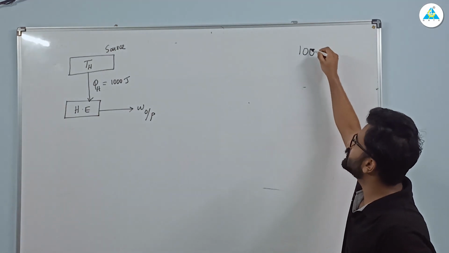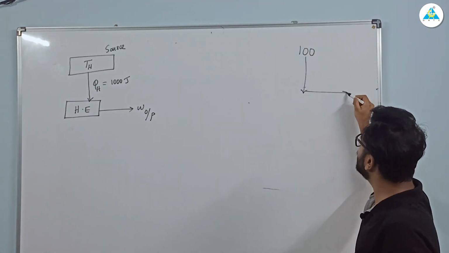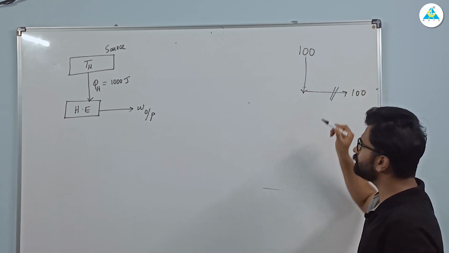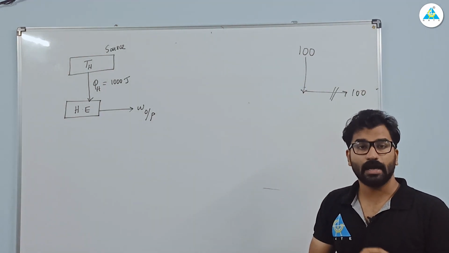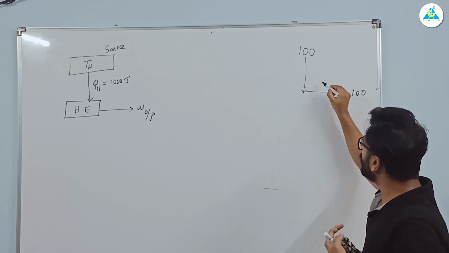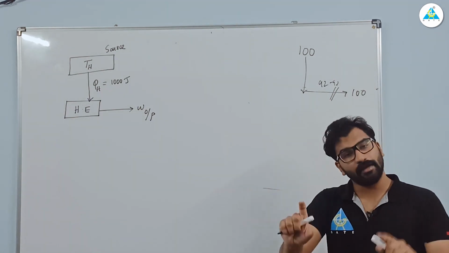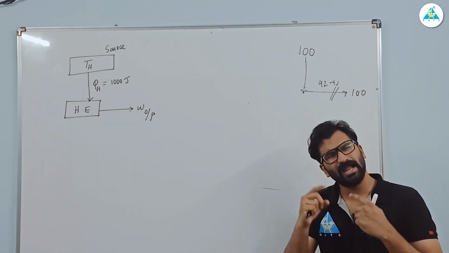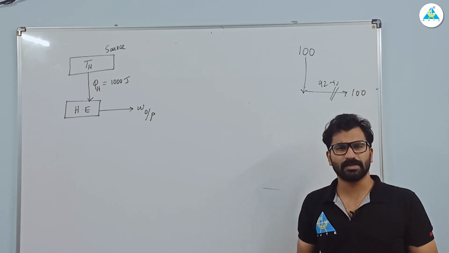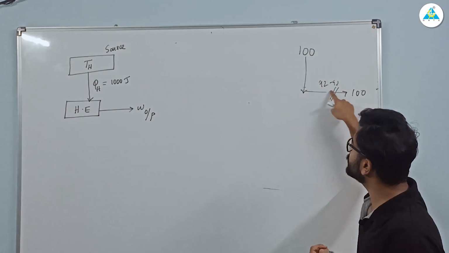Total is 100 marks. Out of this 100, getting 100 is nearly impossible. But what is our aim? We want to maximize this. We want to get 92, 93, 95, 99. 100 is not possible. Maybe 90 to 100 is also not possible. But we are interested in maximizing these marks.